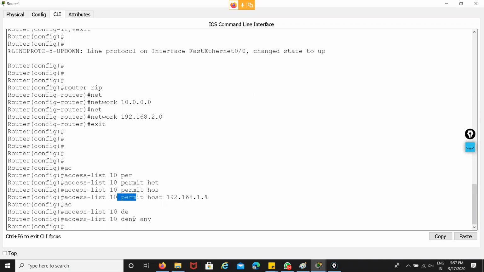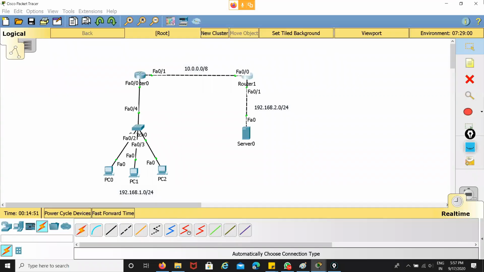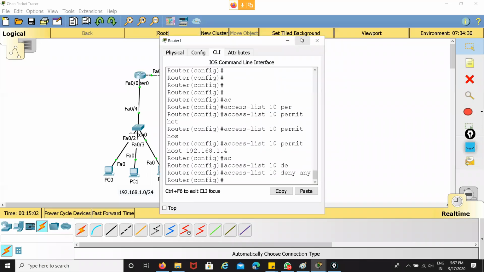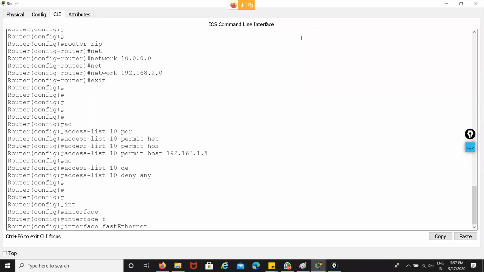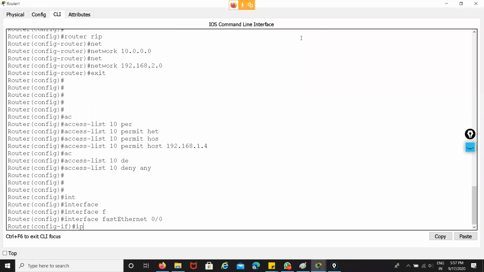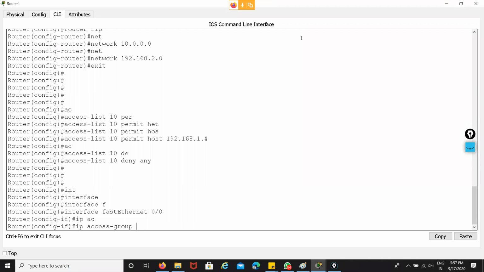Otherwise, for the remaining IP addresses, it simply denies the packet. To implement this policy on the device, you have to choose which port is the receiving port. You can see fast 0/0 is the receiving port, so I have to configure these policies on that port. For that, you have to choose ip access-group, and this list number 10 identifies the particular group. So you choose the group and add the command in.